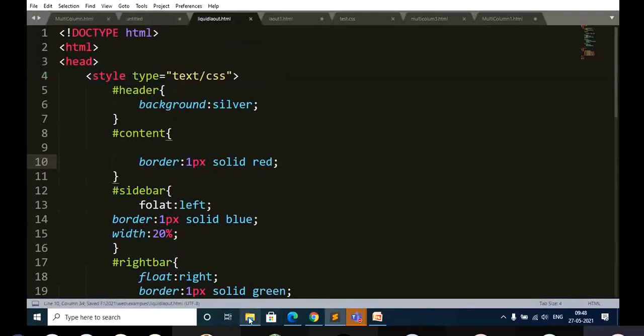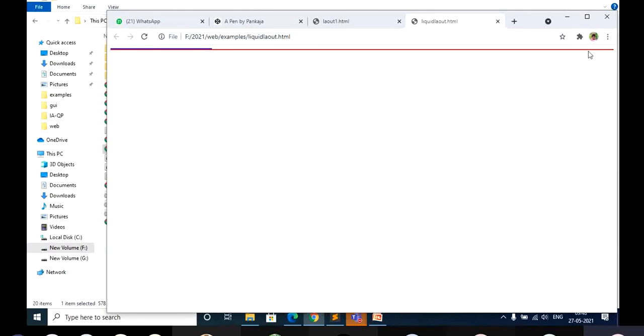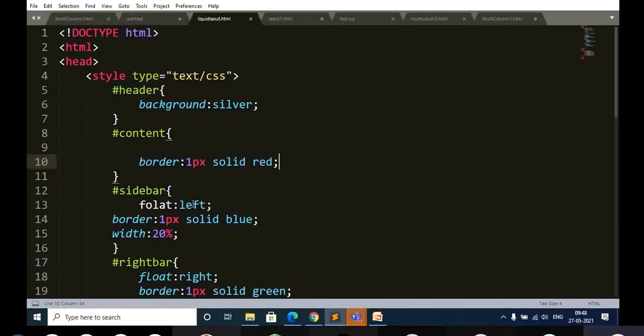Or else if you want, you can just change the properties. I think I have not got it properly. I need to do some changes.